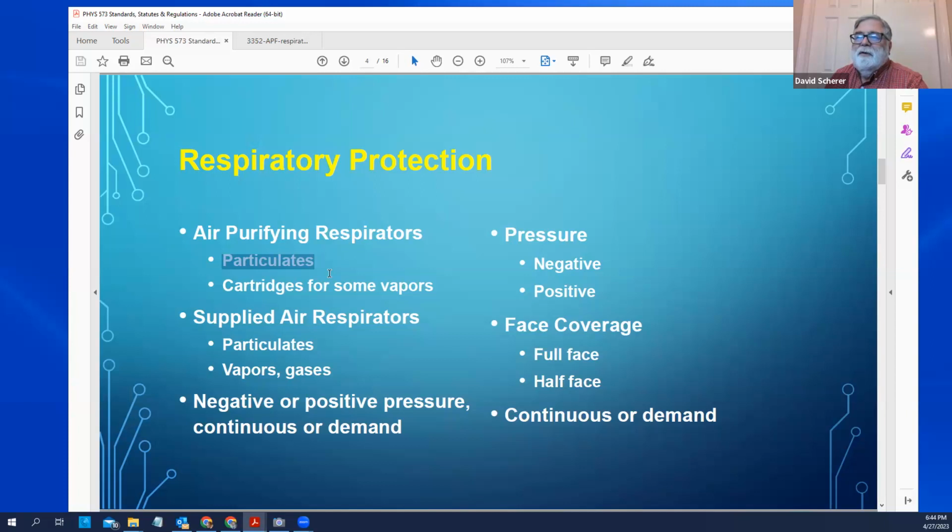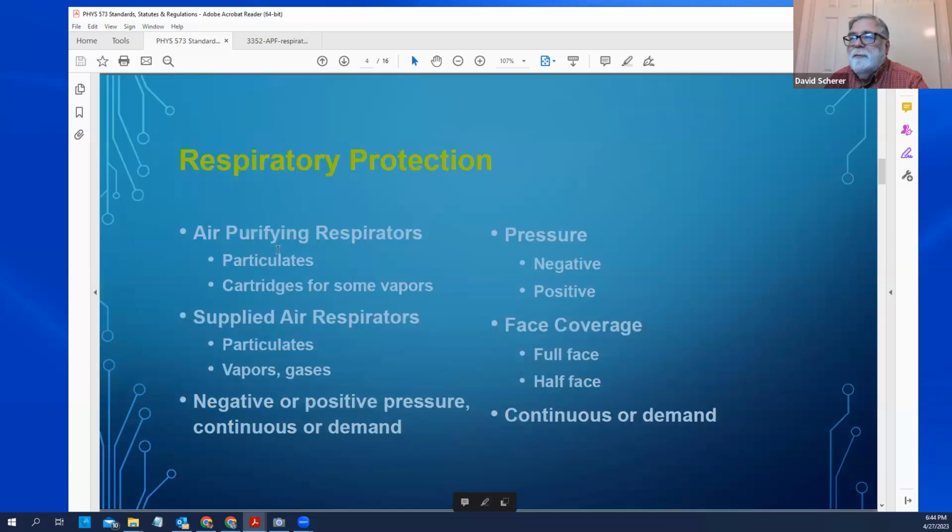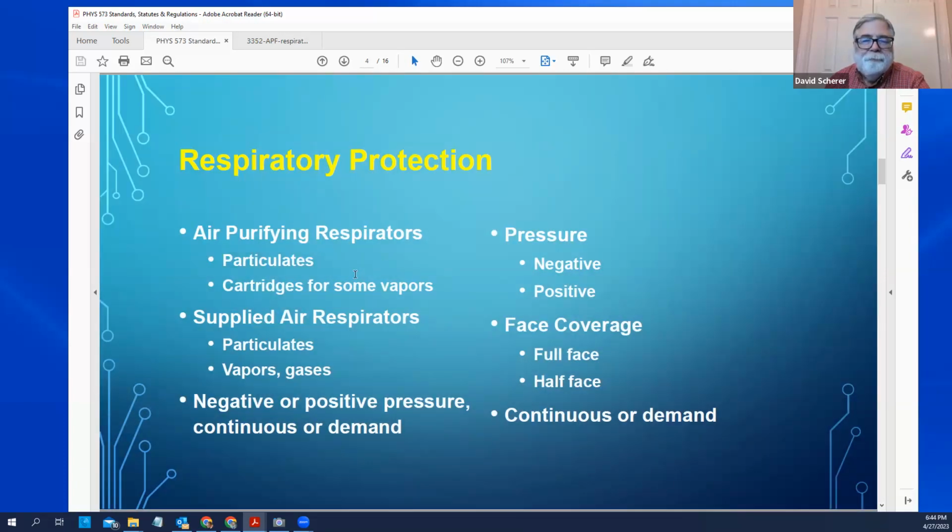They're not as good for removing gases because gases can pass through the respirator just like the gases in the air do. There are cartridge respirators that can be used for some vapors. For example, there are cartridges for aromatic hydrocarbons that can be used,